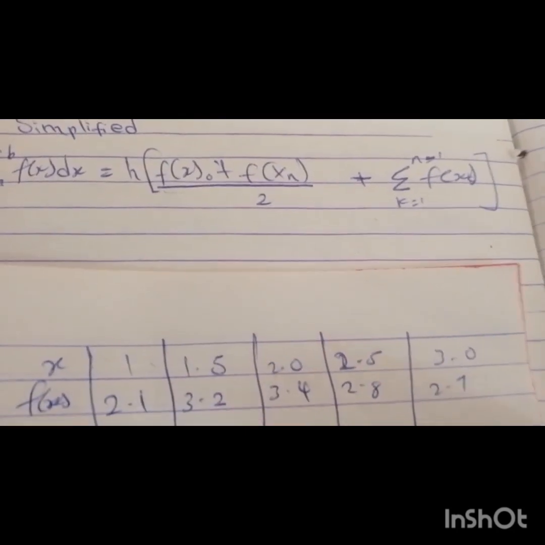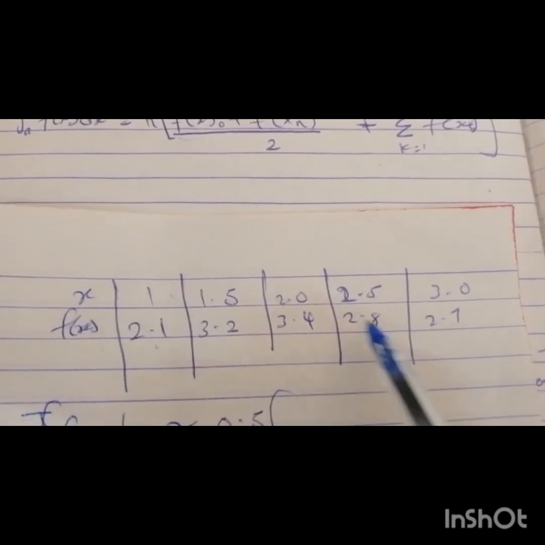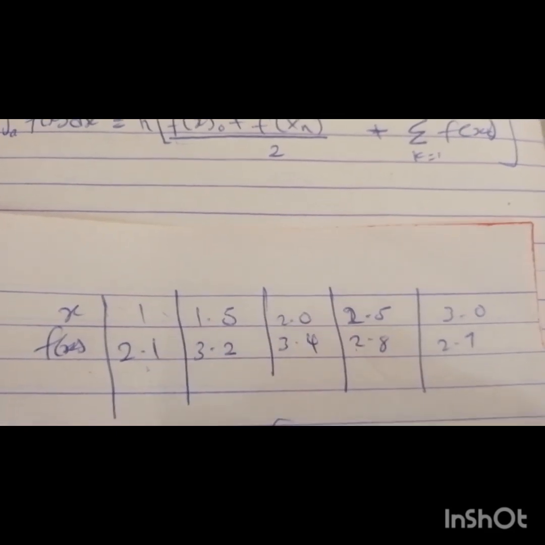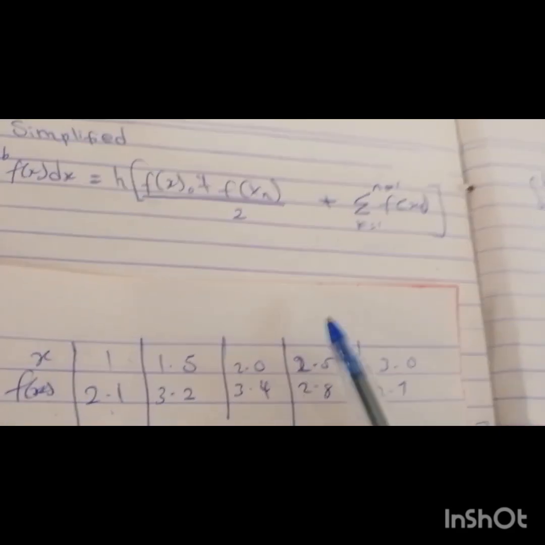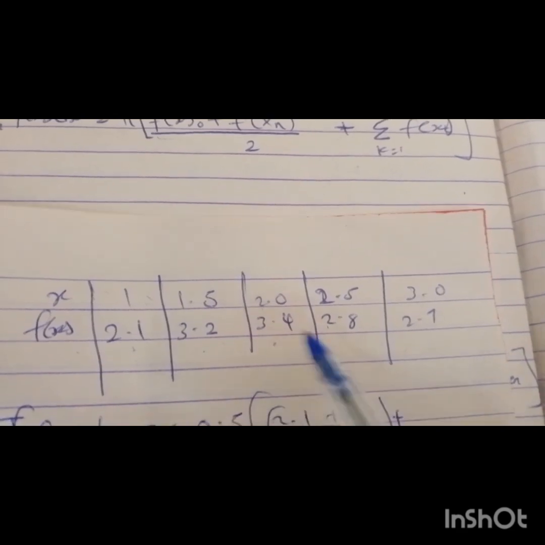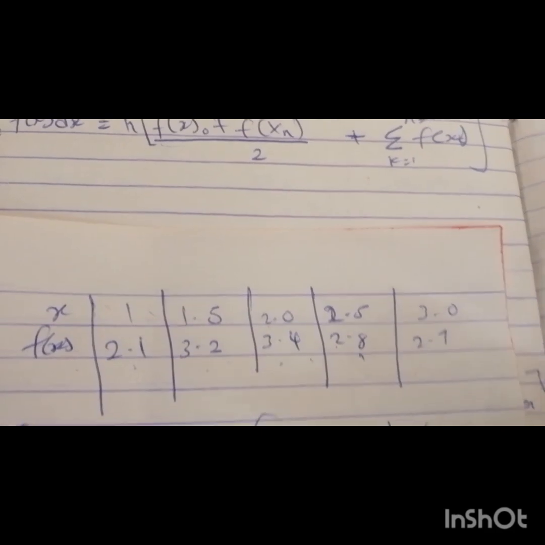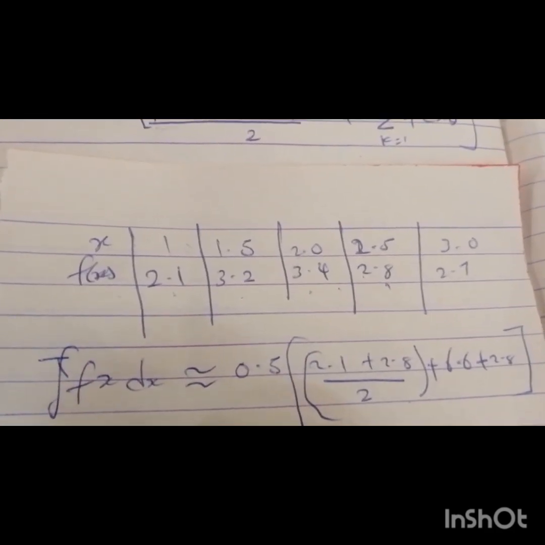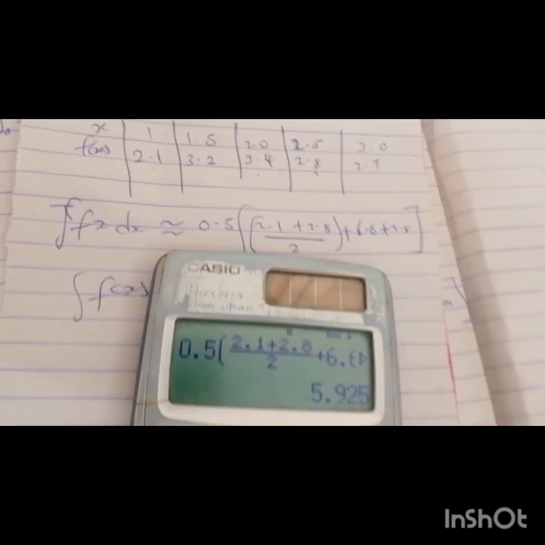So you have 0.5 times the first and the last. So first is this, last is that. So we have 2.1 plus 2.8 all over 2, and then this one plus any other term. So we have 0.2 plus 0.4, which gives us 6.6. Then we can say 6.6 plus 2.8, right? Then let's compute this. So the integral of f of x dx is approximately, okay, so if you punch this